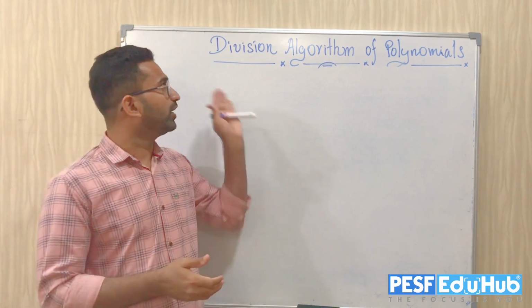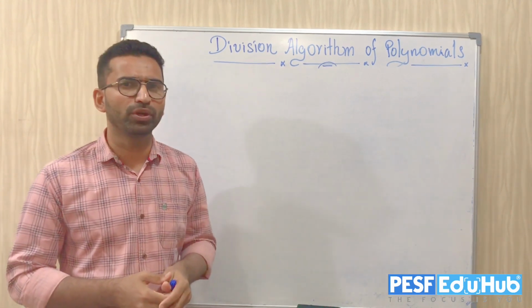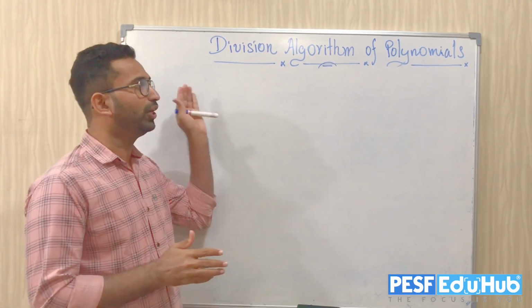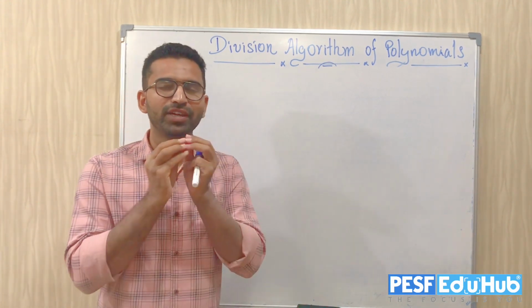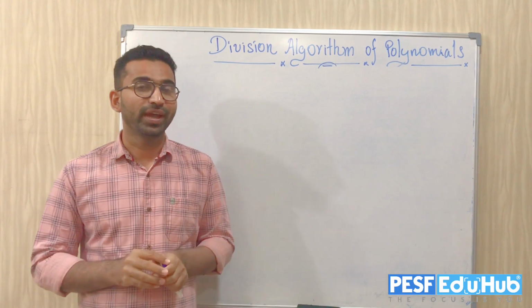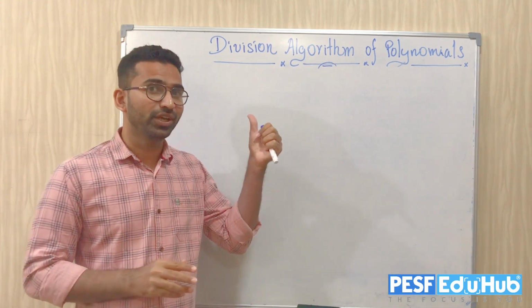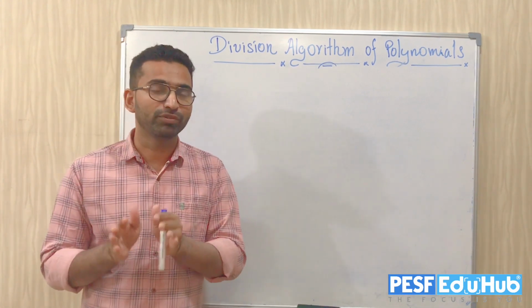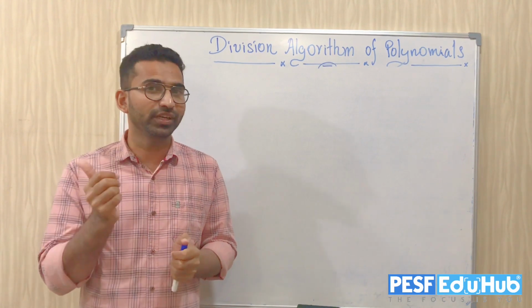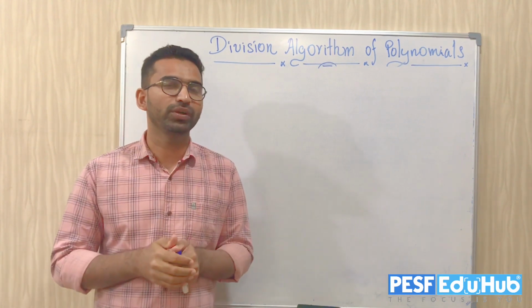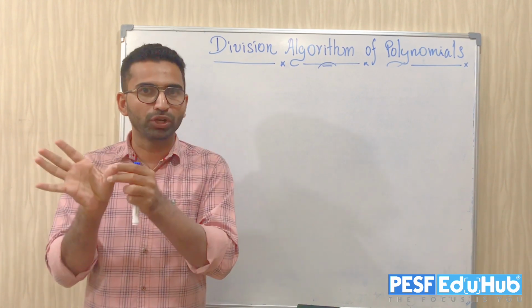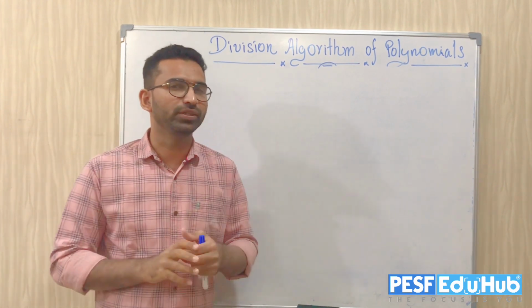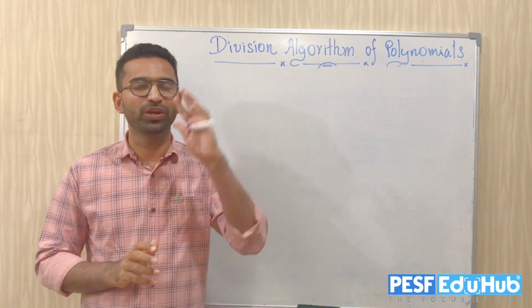Okay, what's the name you can see here? Division algorithm of polynomials. Definitely this is a very long sentence, but the thing you are going to study right now is a very simple thing. The basics of this session you have actually already learned from your 9th grade. There you studied, I am not sure if you remember it or not. Anyways, you try to recollect what you have studied, how to divide a polynomial with another polynomial. Do you remember? Anyways, if you can't remember, forget it.